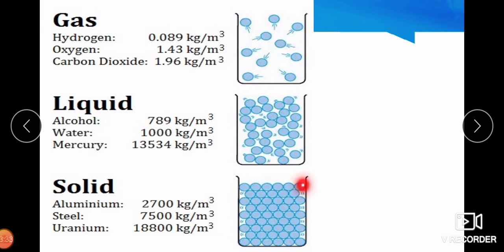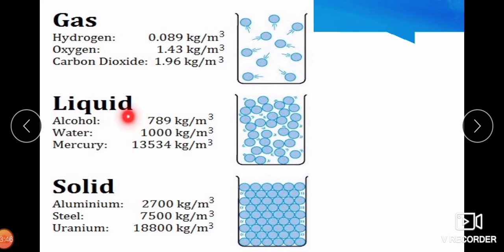Beakers are shown in the diagram. Gas molecules have less attraction and hence they have small mass in the same beaker. If you consider liquids like water, mercury, alcohol, then there will be more molecules than the gas molecules. We observe in the surroundings, gas moves from any place to any place, occupies any space, but there are fewer molecules, less mass. In the liquid there is more attraction than gases, and hence there are more molecules, more mass than the gas molecules in the same beaker.